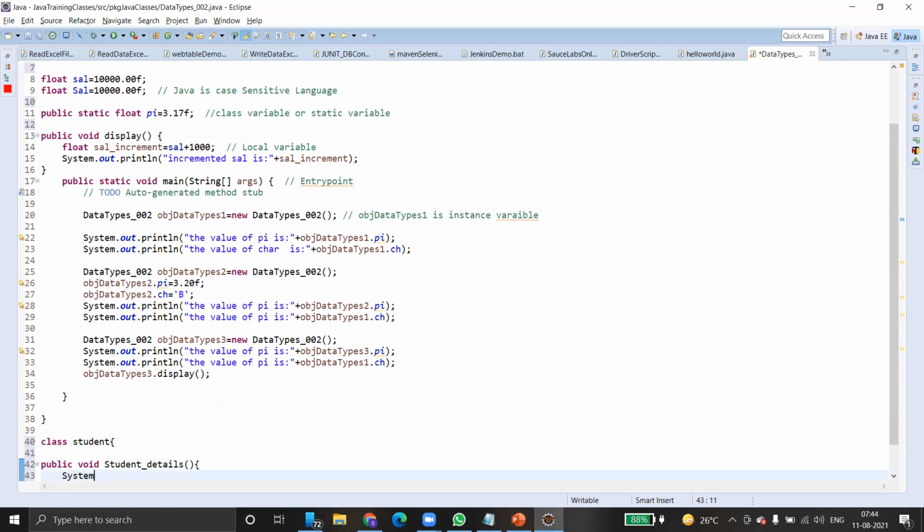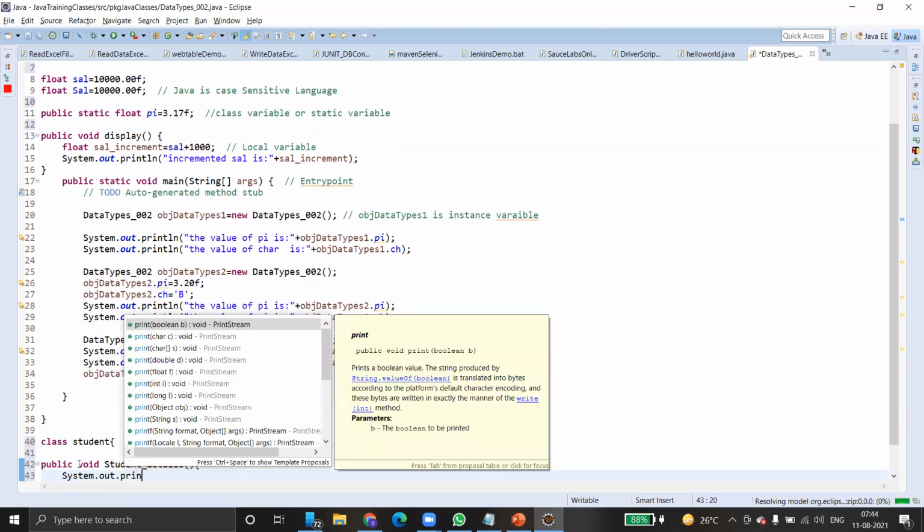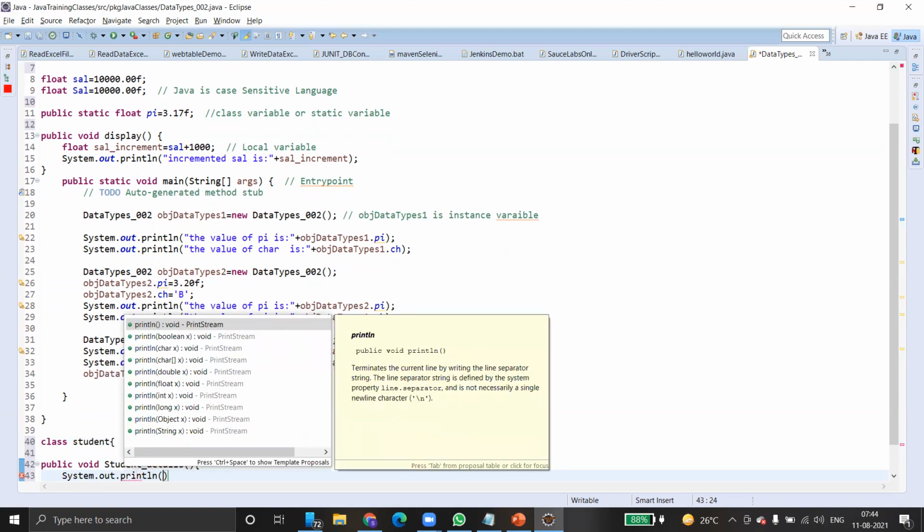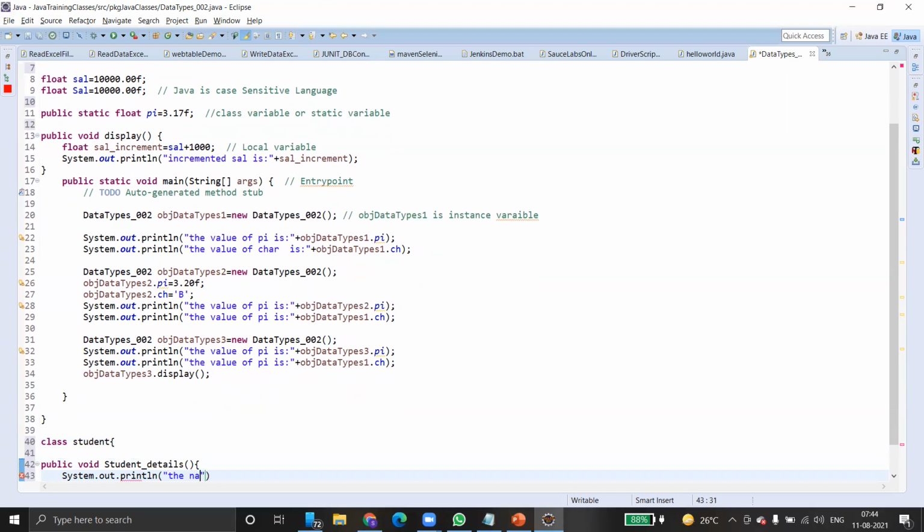System dot out dot println of the name of the student is.